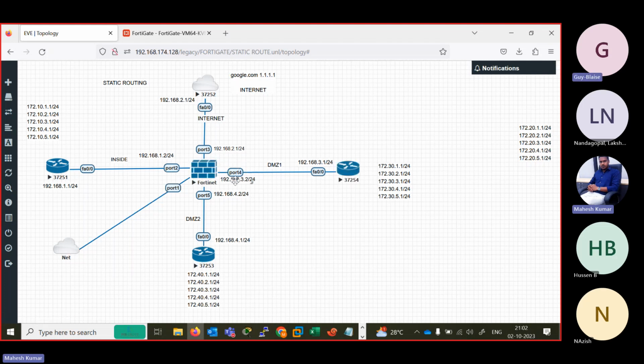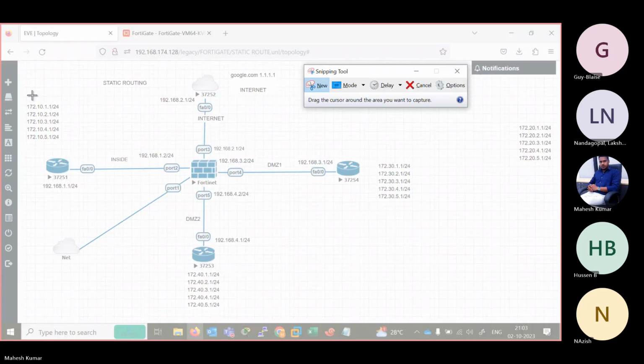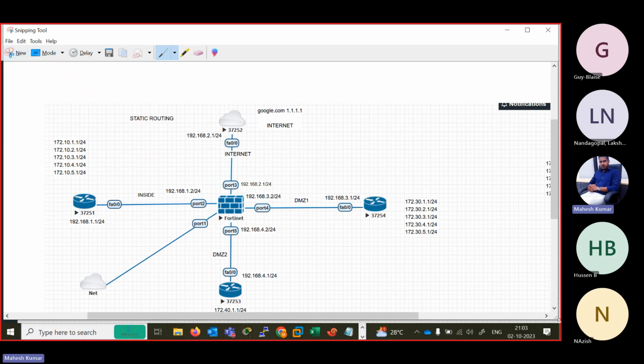So the IP series like 3.1, 3.2, 3.3 or 3.4 should be there. It means both interfaces should be in the same network. We only need to assign IPs from the same series. I think you don't know about that. What is the rule of designing the network? When two directly connected networks are there,